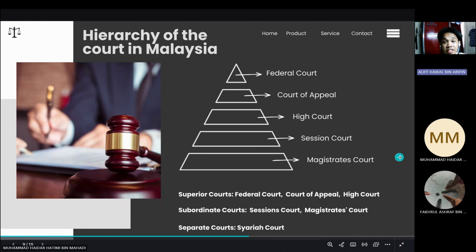The Malaysian judiciary divides its roles into two main categories: the subordinate courts and the superior courts. Think of the subordinate courts, consisting of the magistrate courts and session courts, as our everyday local streets handling high-volume traffic. Above them, we hit the highway, the superior courts comprising the High Court, the Court of Appeal, and the peak, the Federal Court. Notice the outlier on your map, the Sharia Court. It doesn't sit above or below. It runs as a completely separate, parallel transit system altogether. Let's explore these checkpoints starting from the very top.